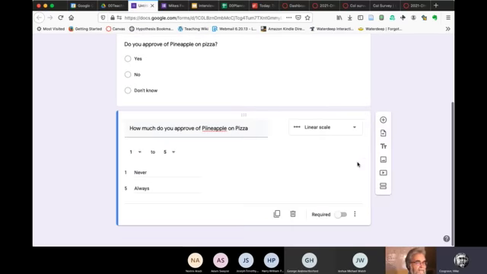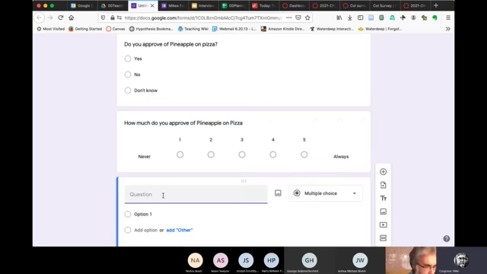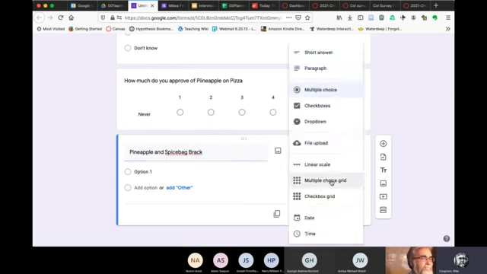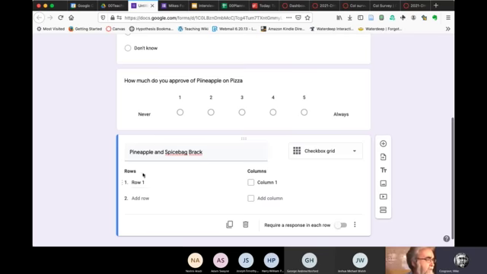Okay, so now I have, okay, plus new question. Last question that I'm going to add. Okay, and I'm going to make this a checkbox grid, right?